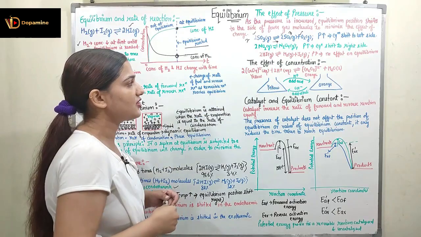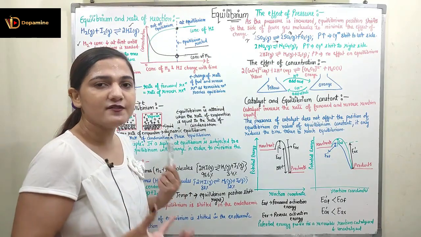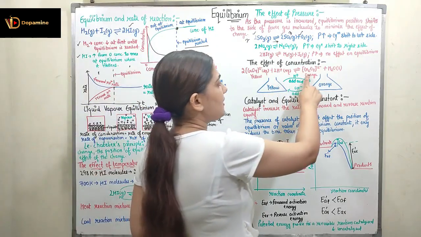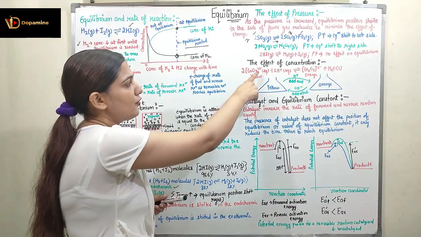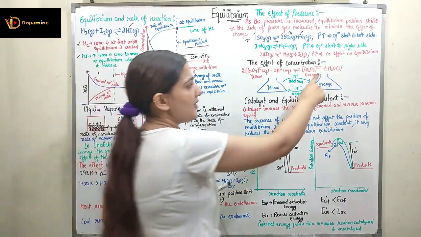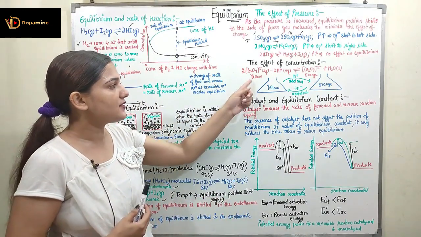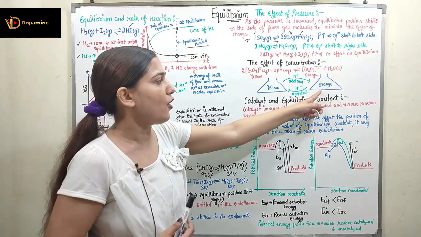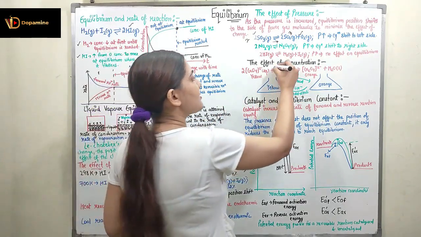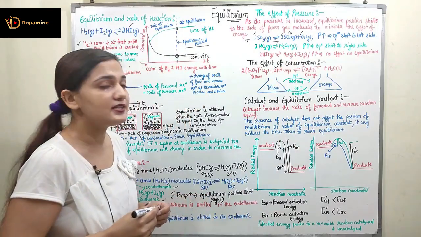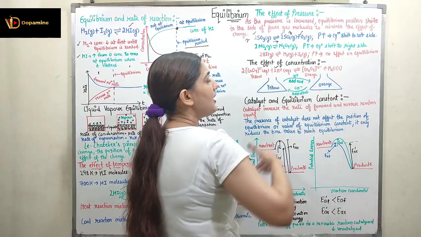This is a reaction where 2CrO4 2-, aqueous, plus 2H+, where 2H+ is representing any acid, is in equilibrium with Cr2O7 2-, which is orange in color. CrO4 2- was yellow in color, and here we have H2O, right? So now here if you can see, this was yellow in color and this is orange in color. So if I increase the amount of acid, so here if H+ concentration is increased, what will happen? The equilibrium has to shift in the right direction.